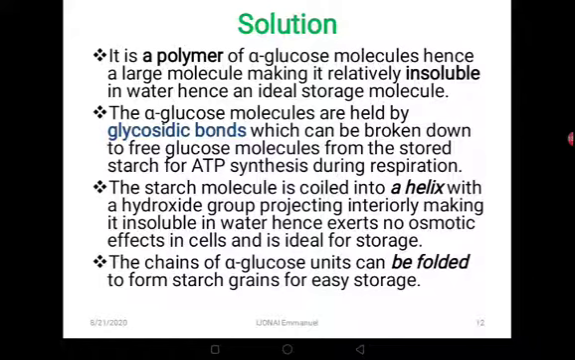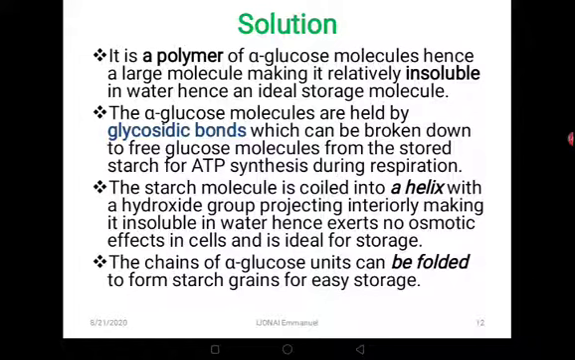Starch should be able to be broken down to produce glucose, which is a respiratory substrate for plants and actually for organisms. So therefore, its ability to be broken down makes it a very good storage component there. But of course, it's only broken down in presence of enzymes into glucose, which is used for synthesis of ATP during respiration. The other